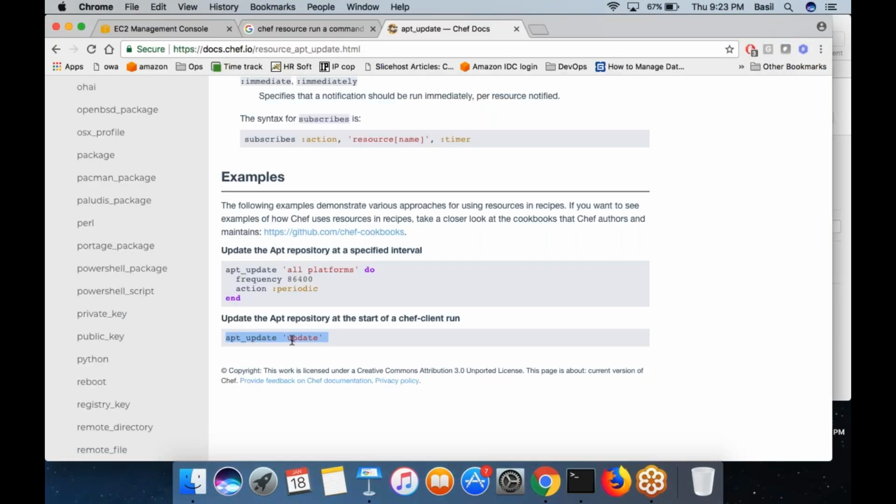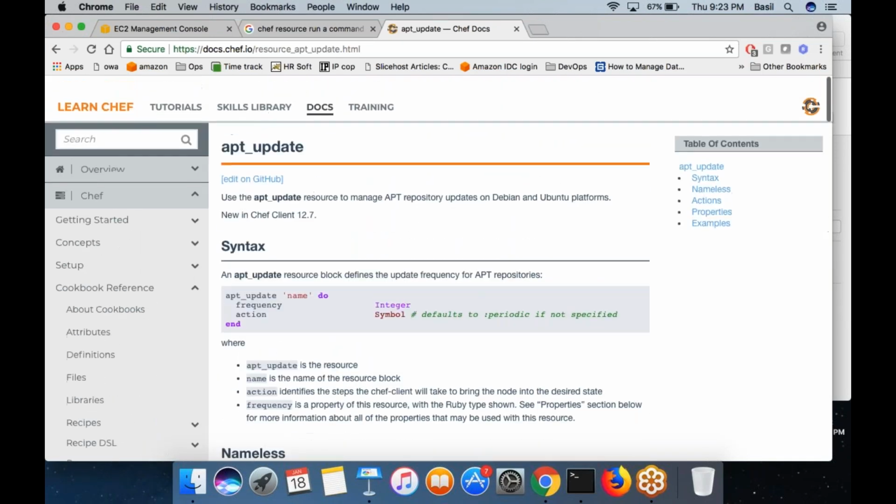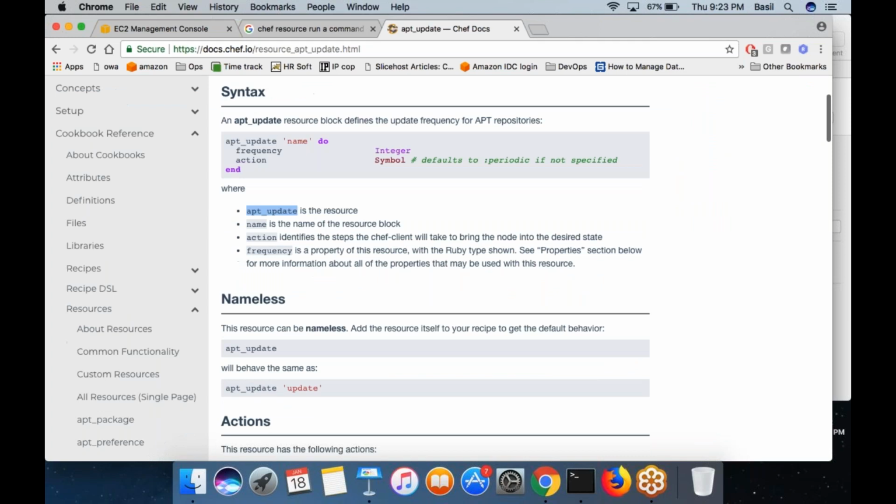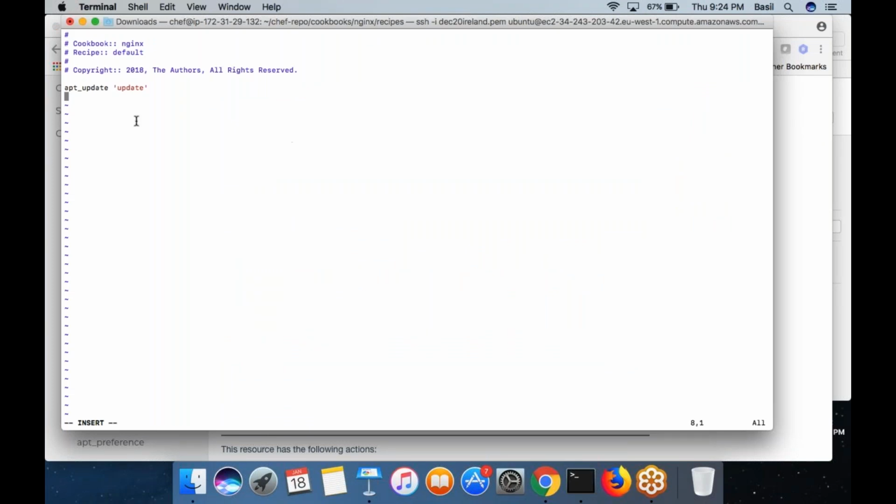It can be nameless. You don't need to put anything. You can simply put apt get update. That's enough. So just this is one resource.